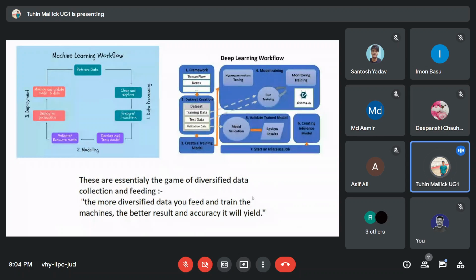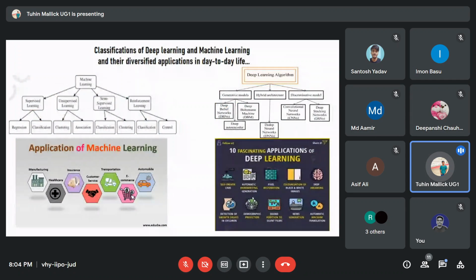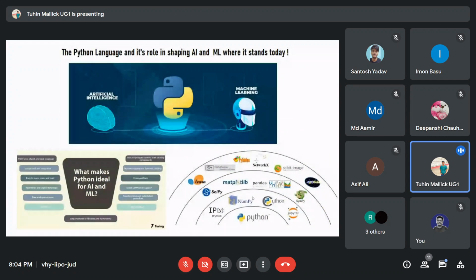Now comes one of the most important, the Python language. Yes, I have specifically picked the Python language. Obviously, there are a few other languages also through which we can work with machine learning and artificial intelligence. But Python deserves an extremely special position here. Because